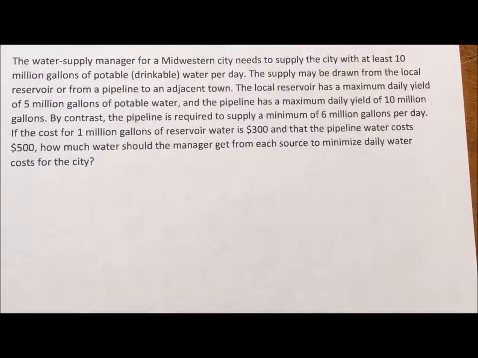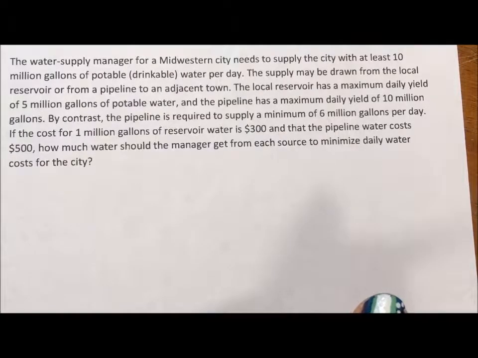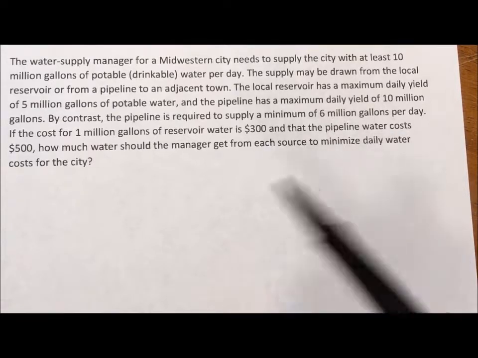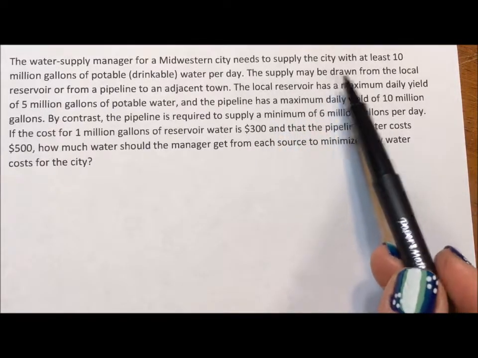Today I'm doing a series of videos on linear programming. This process has a lot of steps. The first step is we need to read this story problem and come up with a series of inequalities that represent the situation. Okay, a water supply manager from a Midwestern city needs to supply the city with at least